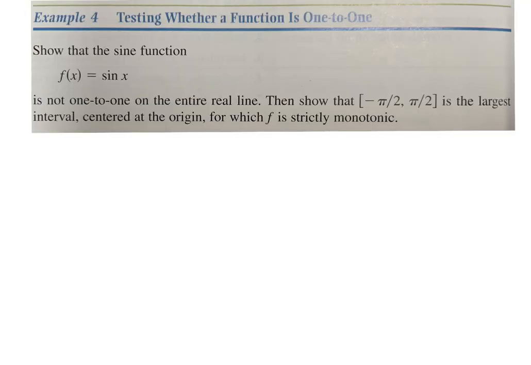So the function that they give us, f of x equals sine of x, is not one-to-one on the entire real line. Well, the reason it's not one-to-one, now it's one-to-one one direction, right? Which clearly sine is a function. But the inverse of sine is not going to be a function, because if you look at the graph of this guy,